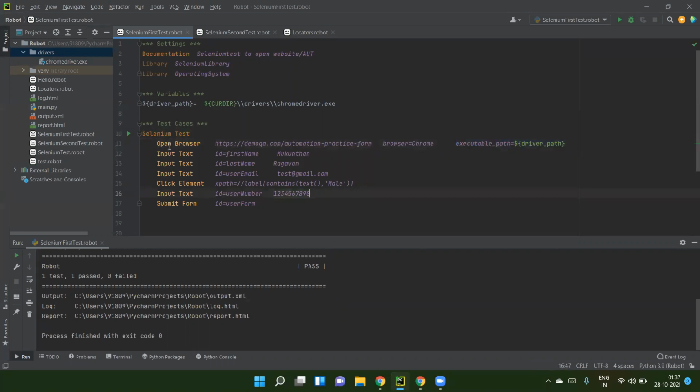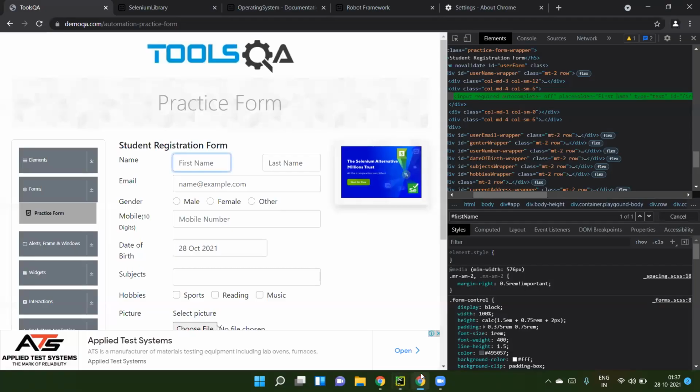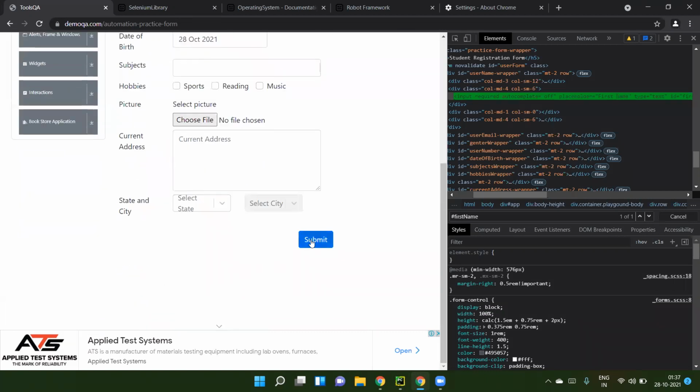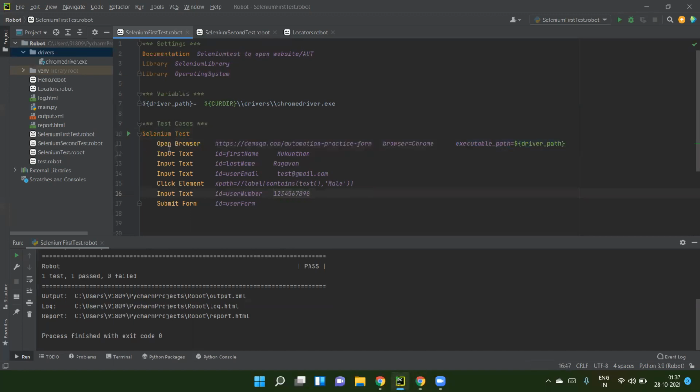Then after, we are going to use the different keywords based on our scenario. Generally consider that scenario: for example, you are going to open the browser and enter the value in the different fields, and you are clicking on the different web elements and just submitting the form. In a similar fashion here, we are going to do the same thing, and we can find these keywords under the